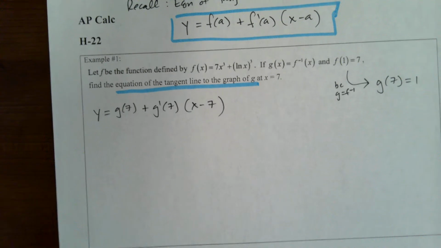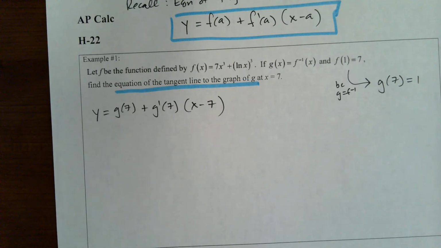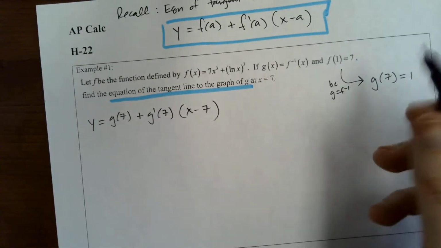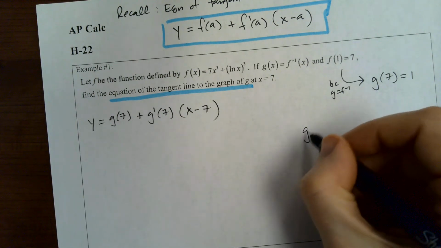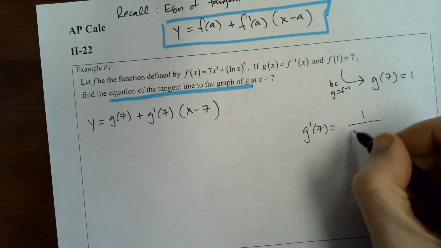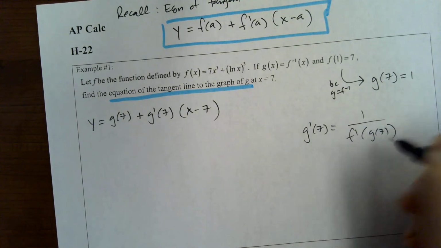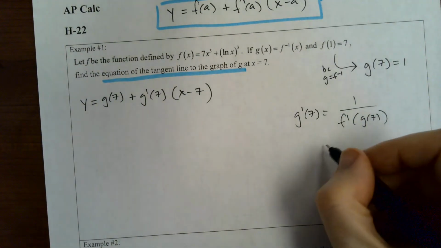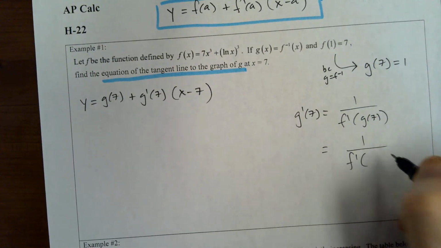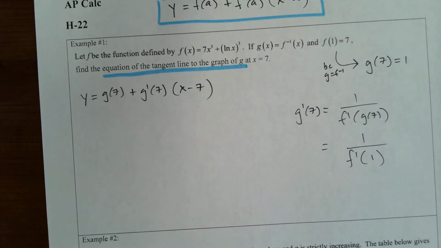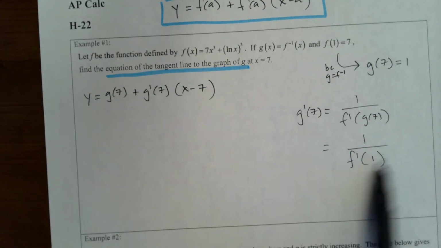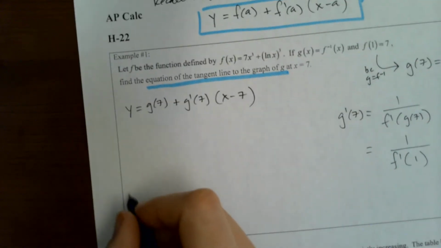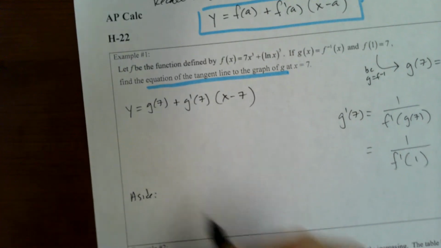All right, now we need g prime of 7. And again, because g is equal to f inverse, they're inverses, we've got this formula. So we know that g prime of 7 is 1 over f prime of g of 7. And we just said what g of 7 was. So f prime of 1. That happens a lot, it seems, 1. And then we just need to find f prime. All right. So this kind of all is like an aside, but let me do another aside here